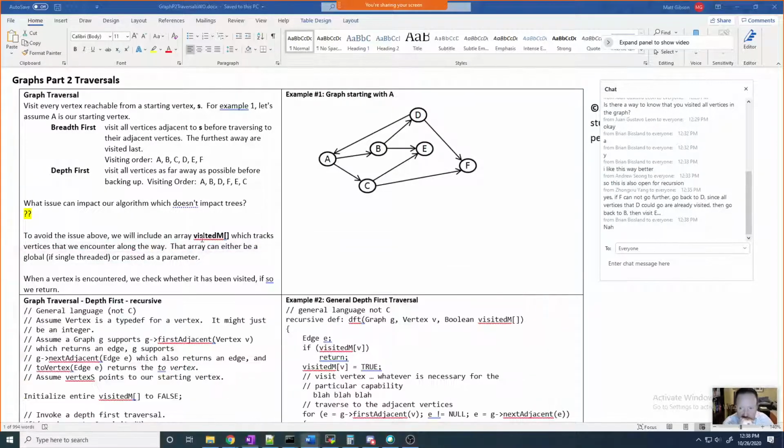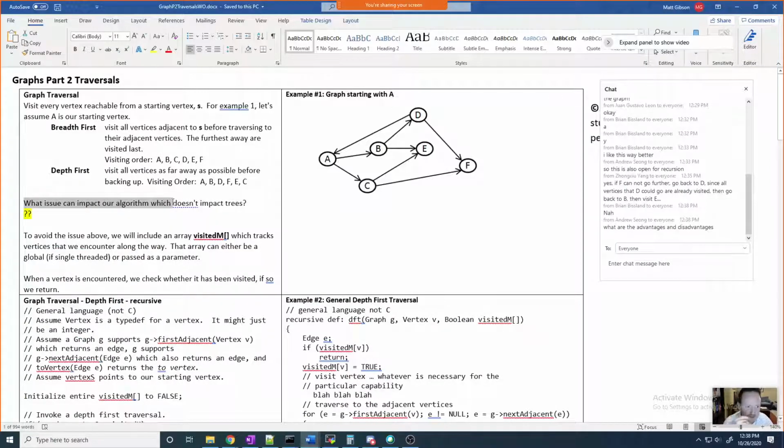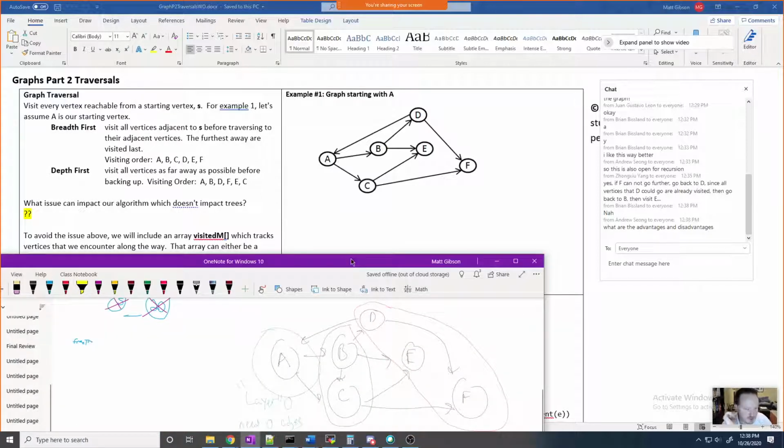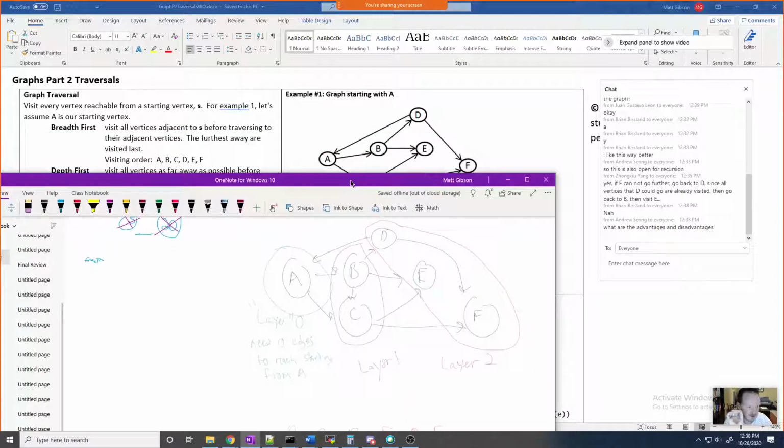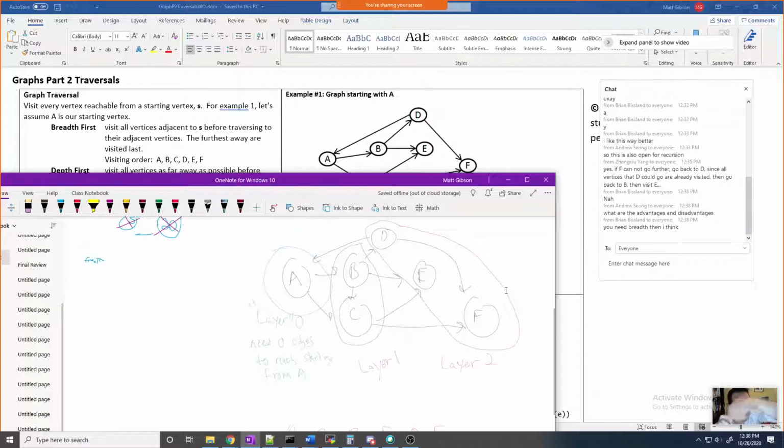Okay. So what issue can impact these algorithms? Okay, yeah, that's a good question. So what are the advantages and what are the disadvantages? So Project 4 is going to be computing shortest paths. And if you want to compute a shortest path, yeah, exactly. You need breadth first search to compute shortest paths, because depth first search, the way it finds vertices,